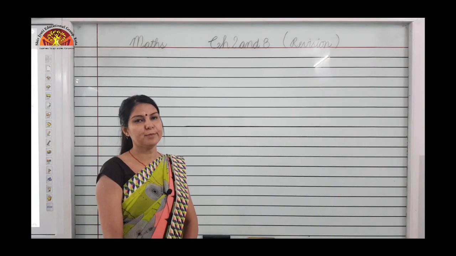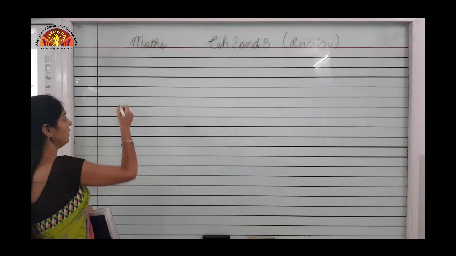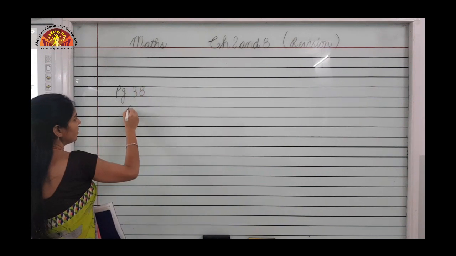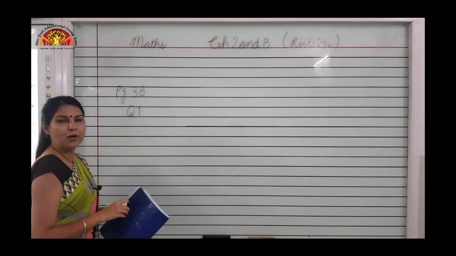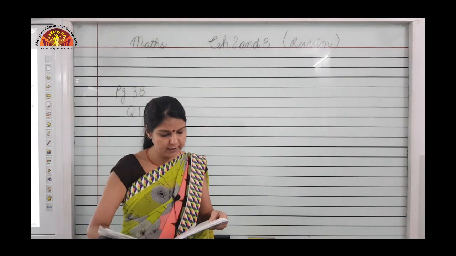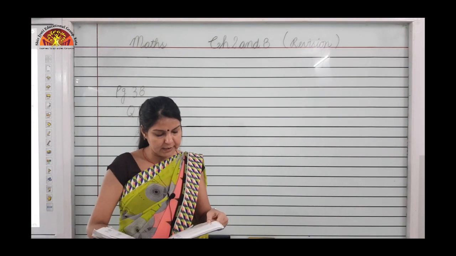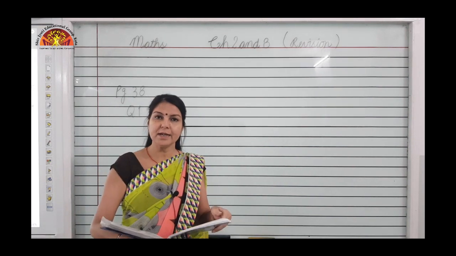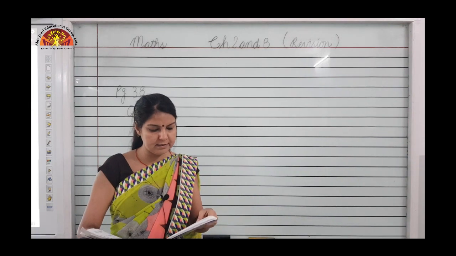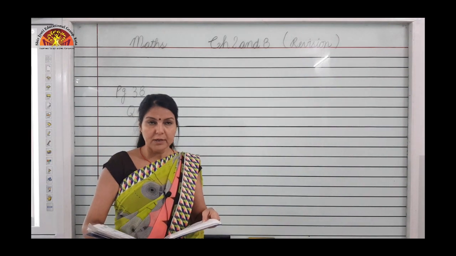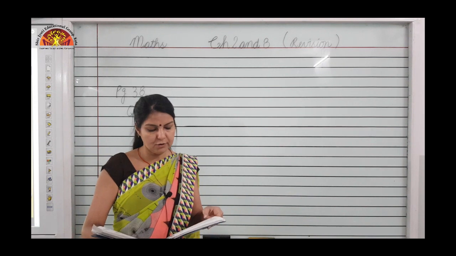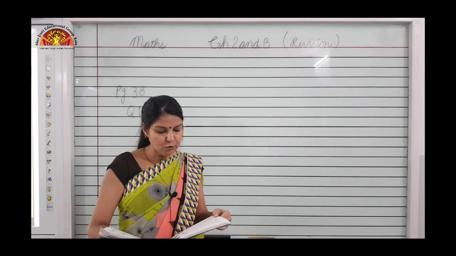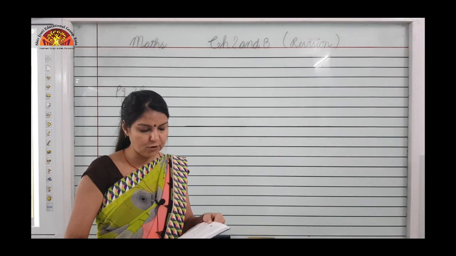Children, now we will see word problems which are given on page number 38. We will see question number 1. First of all, we have to read the statement which is given here. Children, question A: Winnie had 2 cherries on her pudding. How many cherries did Winnie have? Winnie had 2 cherries. Her mother put 3 more. How many cherries did mother put on the pudding? 3 more cherries mother put on that. How many cherries does she have on her pudding now?